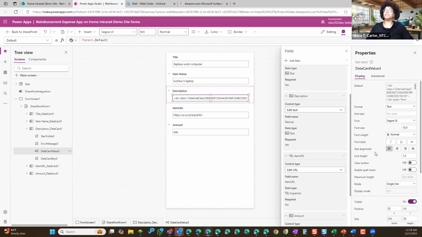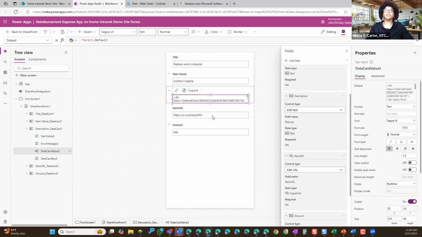It opens up the properties pane. And if the properties pane isn't open, you just click on this thing right here, and that opens the properties pane. And then you can change the mode down here from single line of text to multi-line of text. Now it's a multi-line of text, and it made the box a little bit bigger, but I want to make it even bigger.